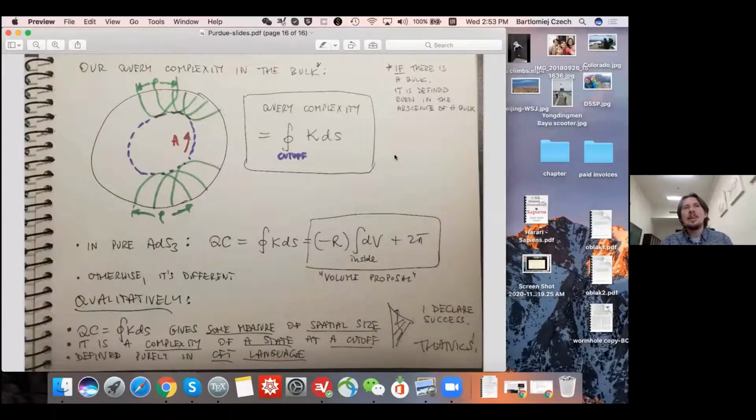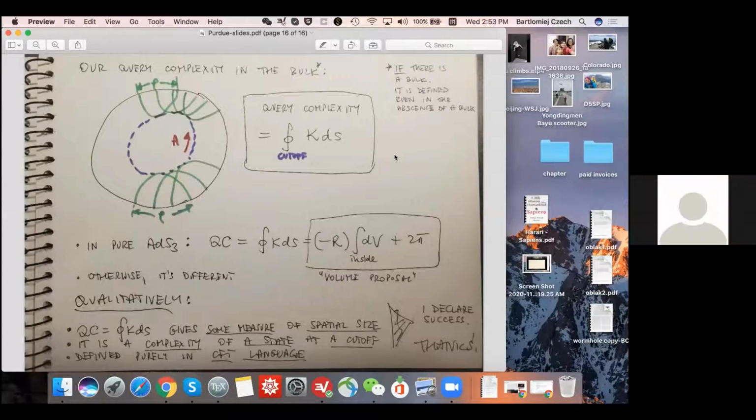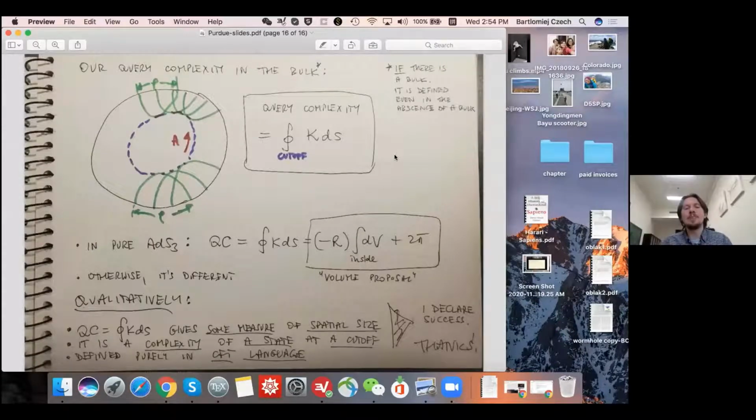Now, typically a curve, if you only care about the neighborhood of the curve, but you don't care what happens globally around it, only has two invariants. In 2 dimensions, only two invariants: its length and the integral of its extrinsic curvature. When you go to 3 dimensions, there's also torsion.